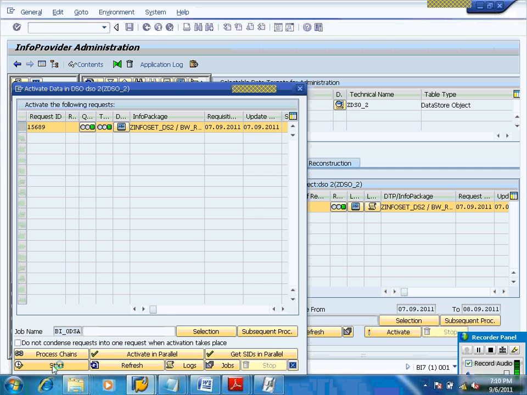Now we know in DSO, in the active data table we have 5 records, in another active data table we have 6 records. Now we are going to combine these two tables. By default, whenever you create an info set using these two DSOs, your active data tables will be joined together, and that join operation by default is an inner join.